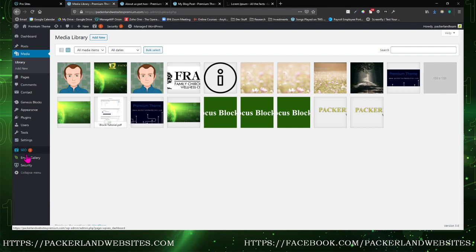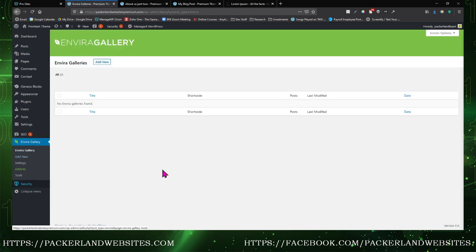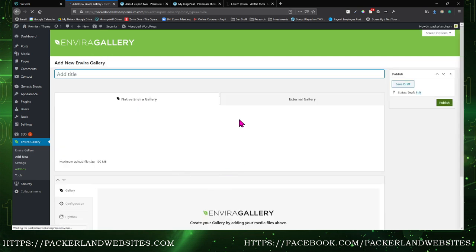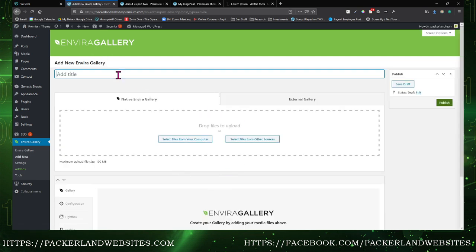If you would like to create a gallery, we can use the Envira Gallery. This should be installed on your website. If not, you can search for it in plugins and add new. For now, we're just going to click on Envira Gallery, add new gallery, title this new site gallery, and we will select